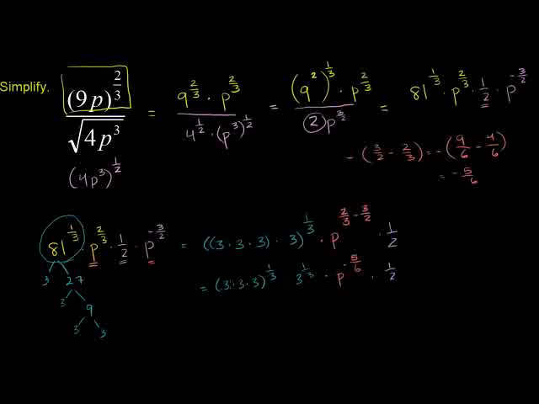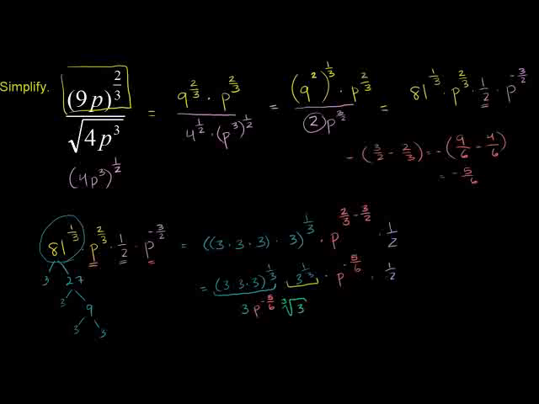Now, 3 times 3 times 3, or 27 to the 1/3, the cube root of 27 is 3. So this right here simplifies to 3. And then 3 to the 1/3 is the cube root of 3. So we get 3 times the cube root of 3 times p to the negative 5/6. Sometimes you might want to write the p out in front of the radical. That tends to be a simpler way. So I'll write p to the negative 5/6, then the radical, so times the cube root of 3, and then all of that times 1/2.